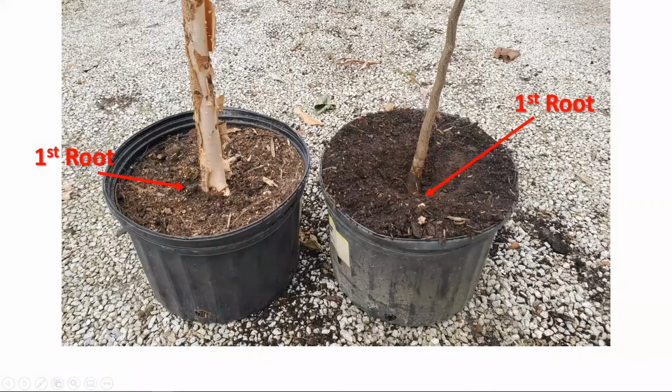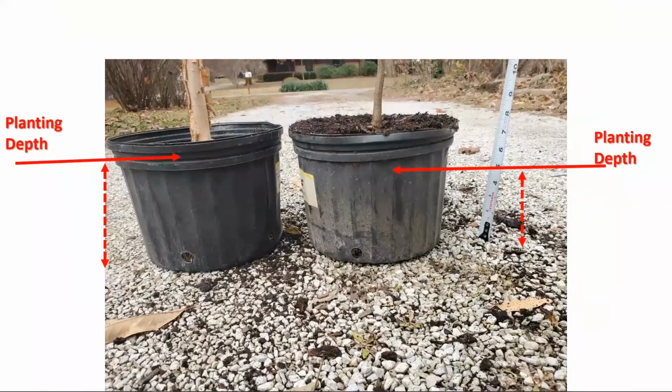So when I had to measure my planting depth, I had to account for that. I had to estimate from the tip top of this how far down that first root was, and then measure off to the side with the tape. And for this almost 8-inch height of pot, I really only needed about a 5-inch deep hole. So that's not very deep at all.